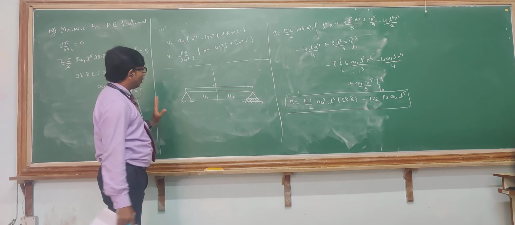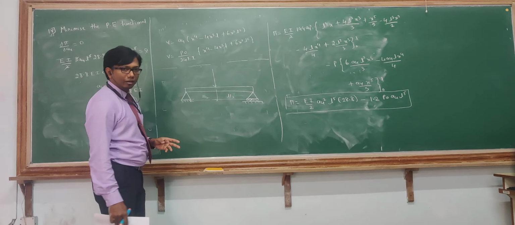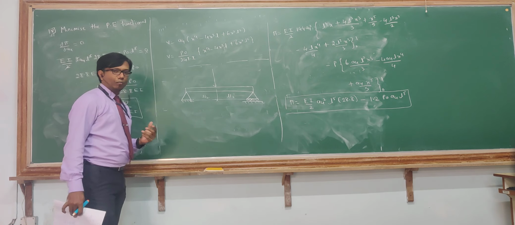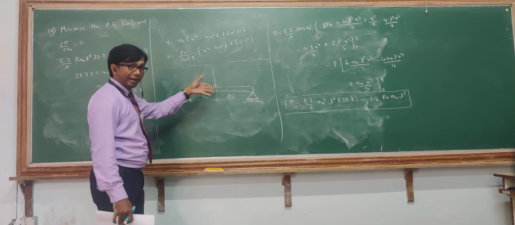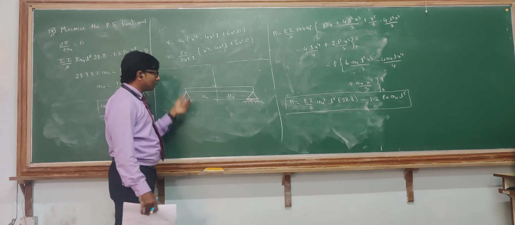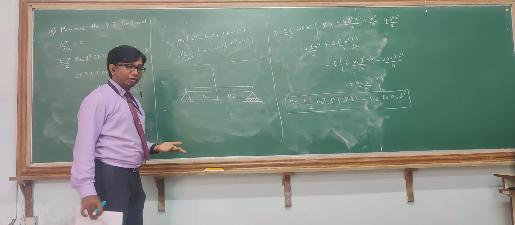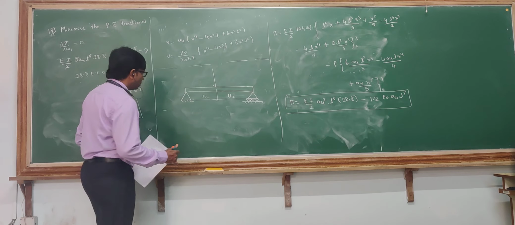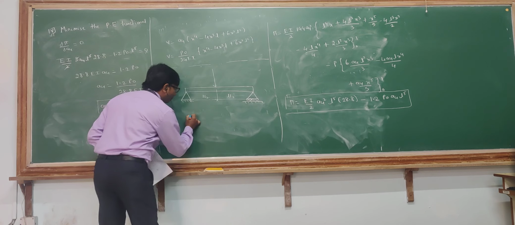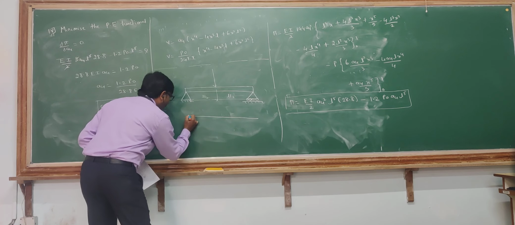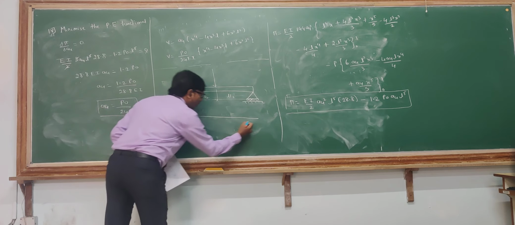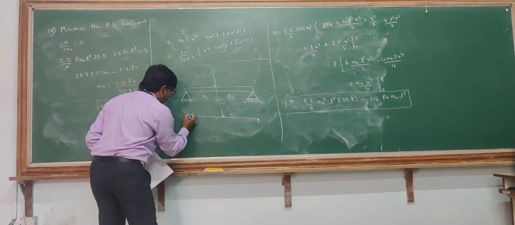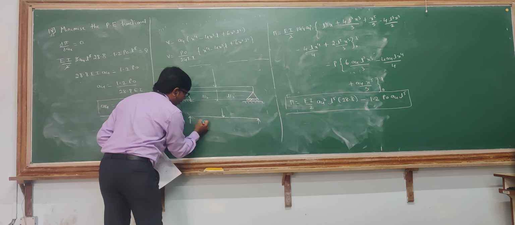So this is totally a different problem. The first problem which we have done was a fixed end. Now it is simply supported. So what is the difference between a fixed end and a simply supported end? It is like the beam is just placed over a knife edge. So when I apply a load, the deflection happens in this particular way.